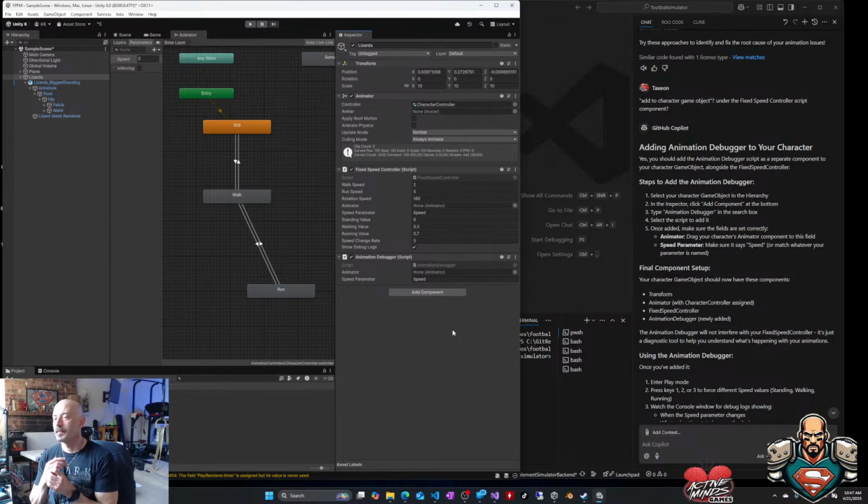Final component. So select your character, game object hierarchy, add component, animation in the search box, select the script to add it. Once added, make sure the fields are set correctly. Animator. Drag your character's animator component to this field. Animator component, which is, what is the animator component? It just